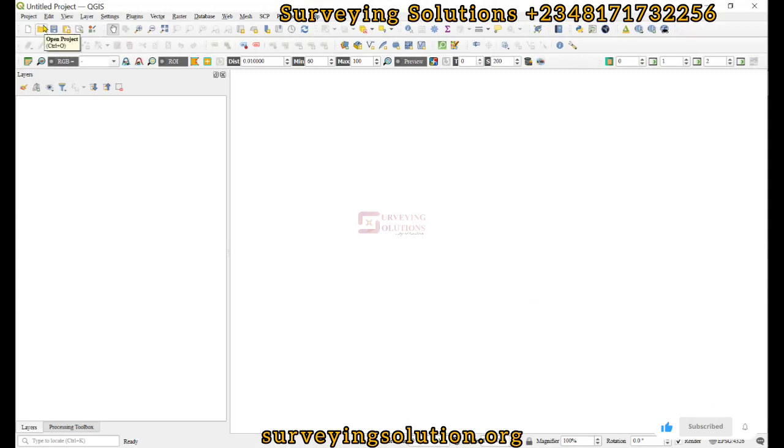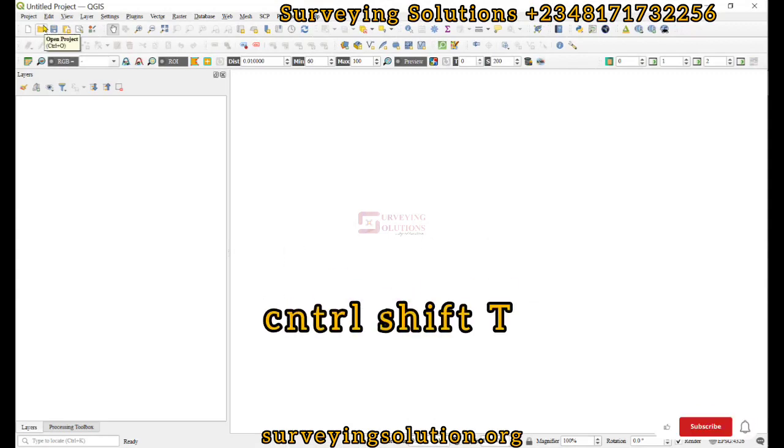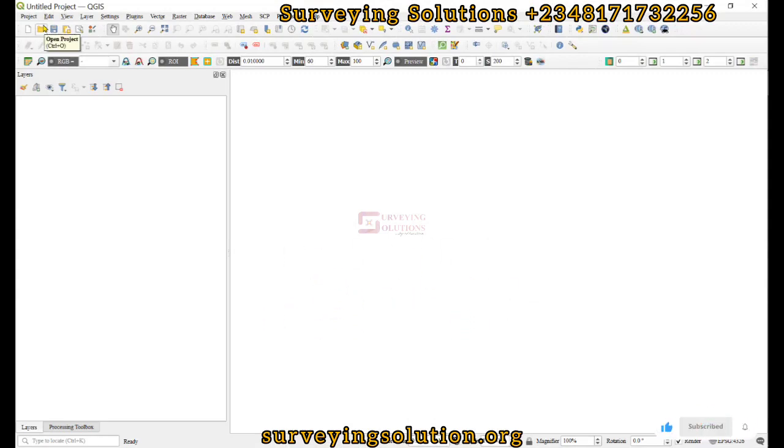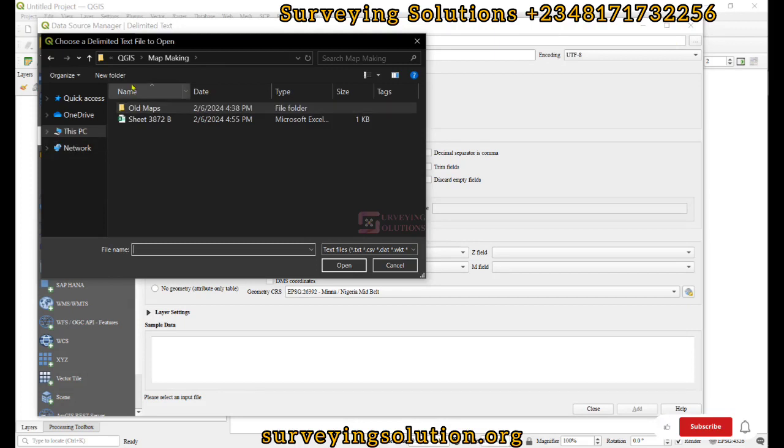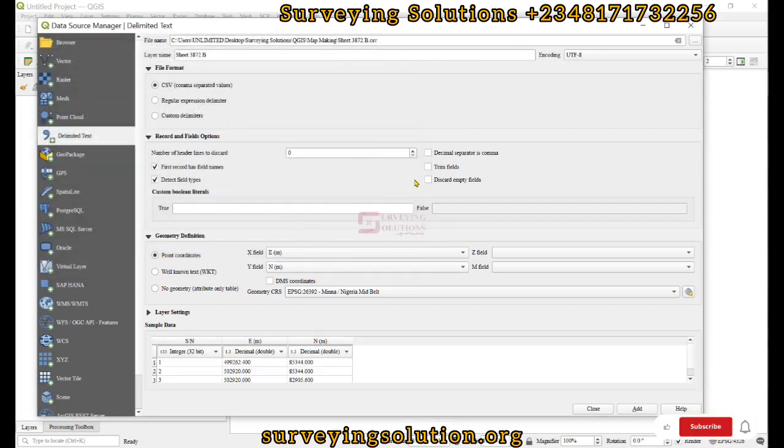The shortcut is Control Shift T. That's to import delimited text values. So delimited text, right? Good. So we browse. So we have 3872. We open that up. Now we can see the X for eastern, the Y for northern in meters, right? Good. Then for the CRS, we are using